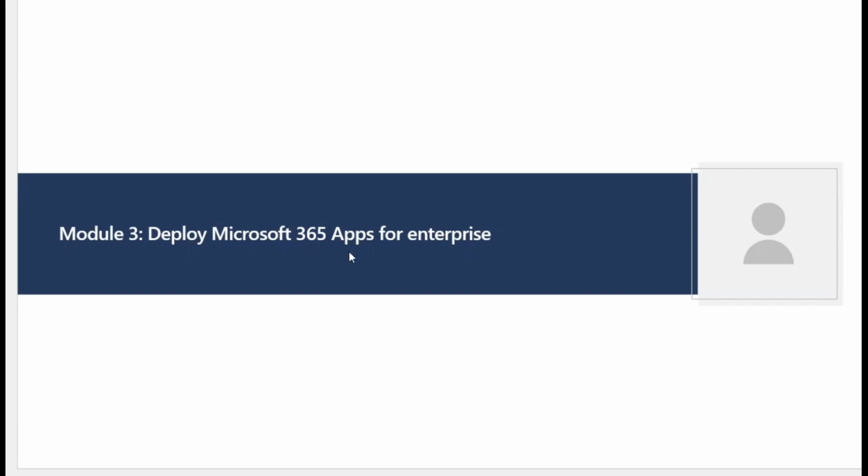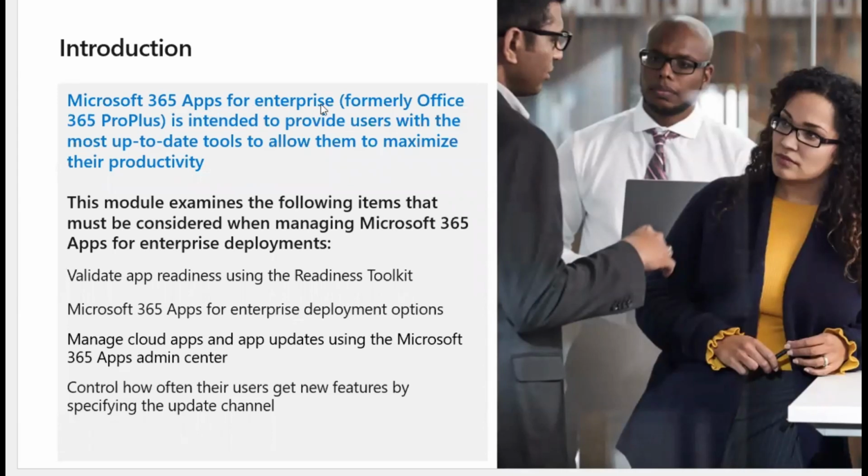Deploy Microsoft 365 apps for enterprise. Microsoft 365 apps for enterprise is intended to provide users with the most up-to-date tools to allow them to maximize their productivity. So in this module, we're going to look at enterprise apps deployment,